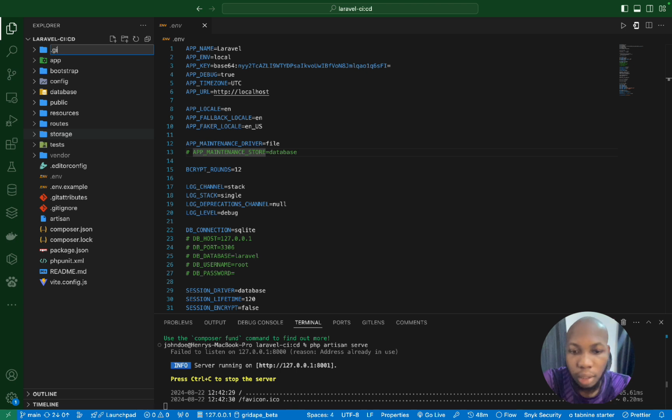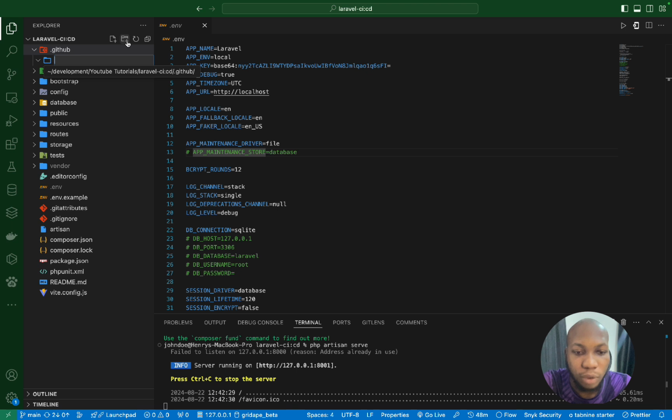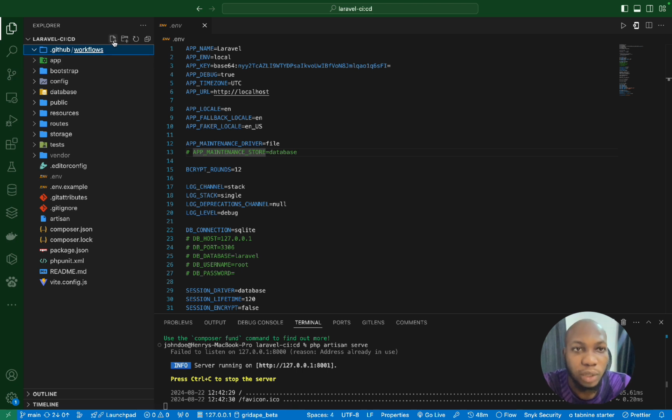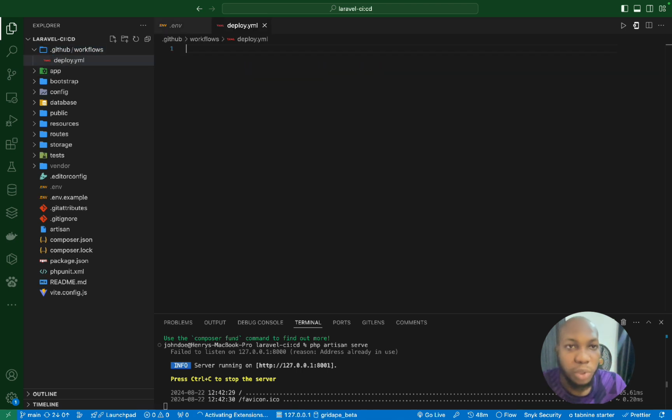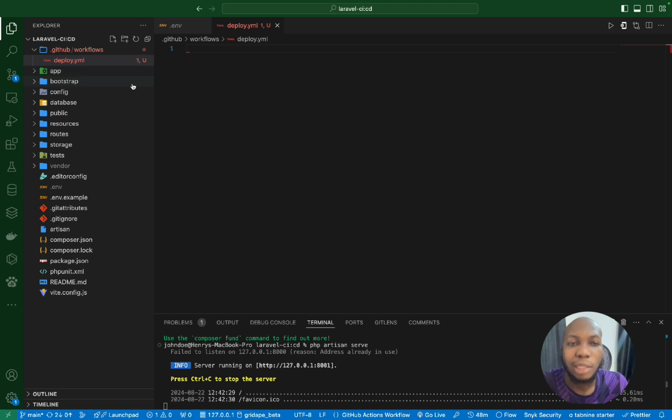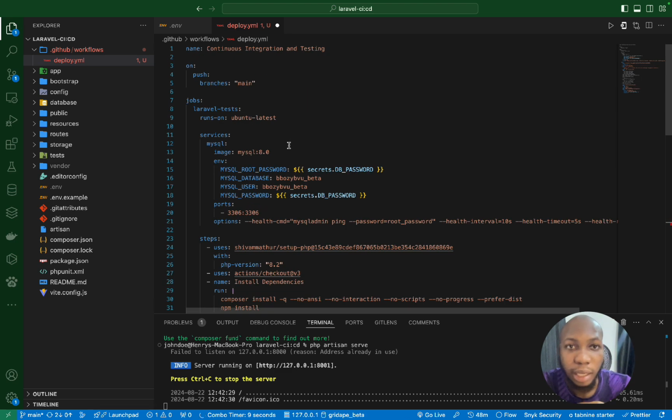The .github folder, you can see. Then inside there you can create another folder called workflows, and inside the workflows you can now create your laravel.yml, or I might prefer to call mine deploy.yml, since we are going to be deploying this to the server. Now, this is where we are going to write our YAML file that is going to deploy our project to cPanel. All right, so I have a starter template here,